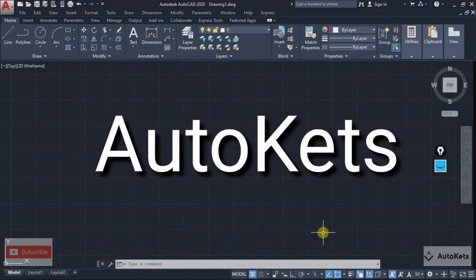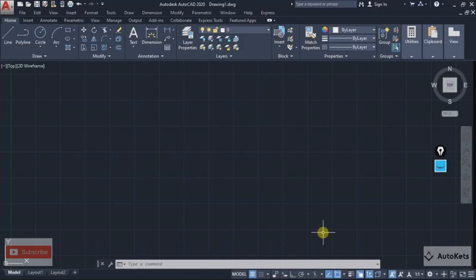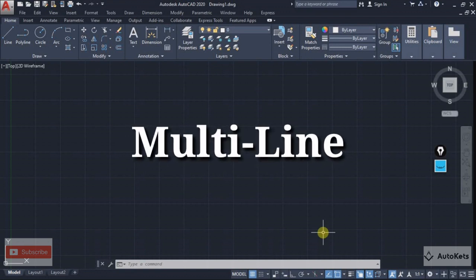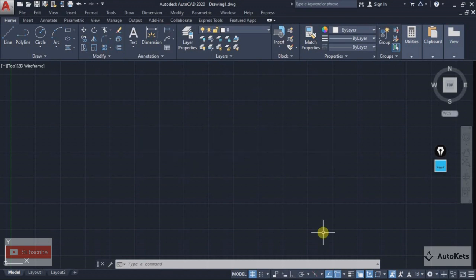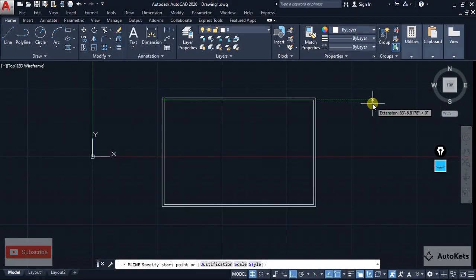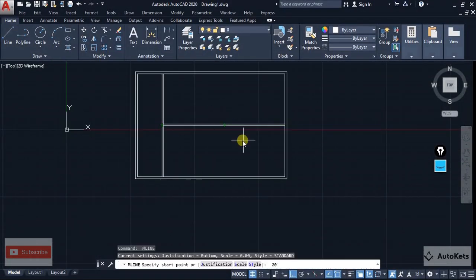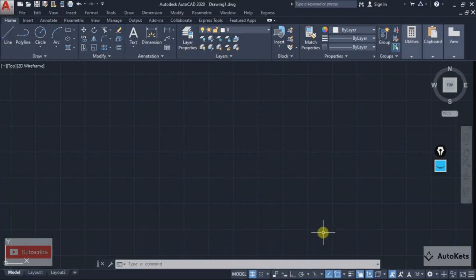So in this lecture, I have brought you one of the most underrated tools of AutoCAD, and that is known as the multiline. People usually ignore this tool, but with the help of this tool, you can easily create many things. Like if you want to create the walls of a floor plan, you can easily create it with this tool. If you want to create windows, you can also create them using this multiline tool, and there are other